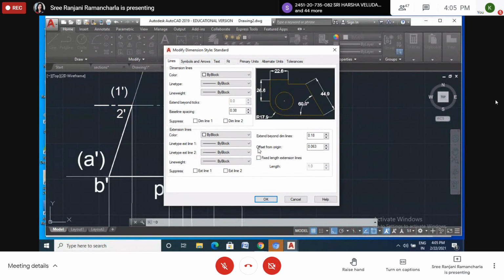So here you can see offset from origin. It is very small, almost nothing is there. I want to increase it now. See here, as I increase it, this offset is changing. A gap is coming, the gap is increasing. See here, right? Yes or no? Are you all getting it? So I want to give it a little far away from the figure,